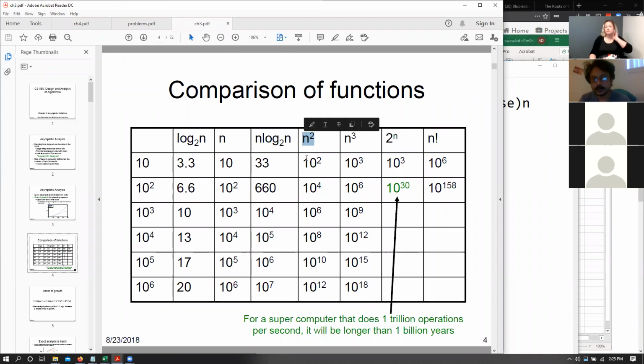Then we have n squared complexities. Usually that is less efficient sorting complexities. So for example, bubble sort, selection sort, insertion sort. We also have n cubed complexities. N cubed complexities are harder to find,